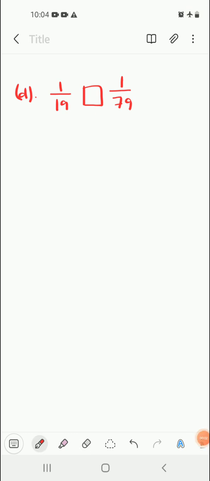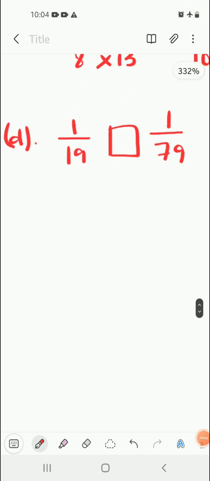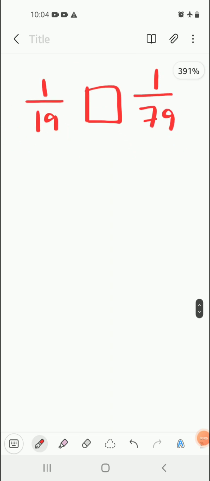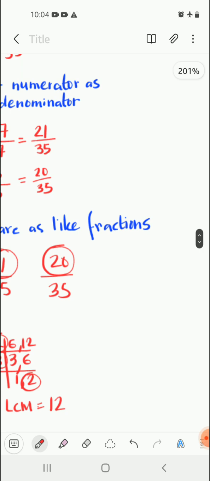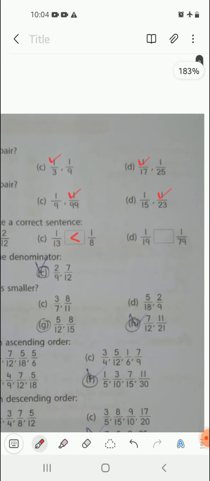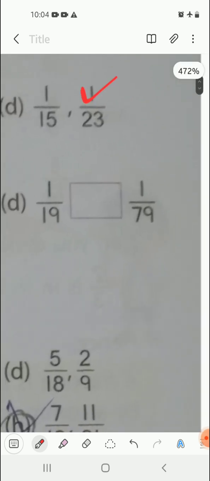In today's topic, we are going to discuss comparison of fractions. See, we have got 1 by 19 and 1 by 79. Here in this question, the numerators are the same, so we have to compare the denominators 19 and 79. The fraction with the smaller denominator is actually greater. So the sign will be